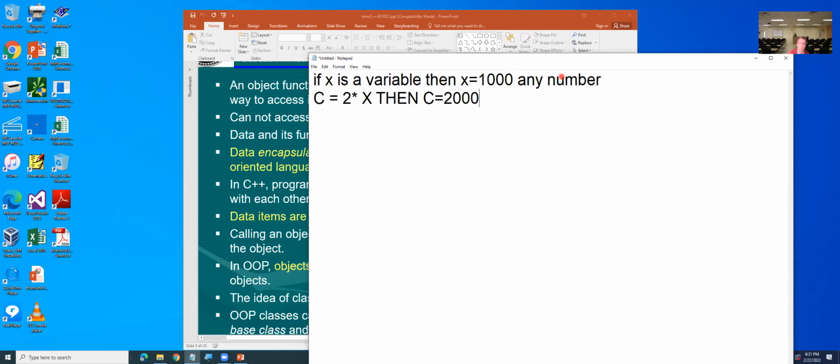Now, in the computer, when you type in X equal 1,000, and later on you use the X value, then the computer knows X equal to 1,000. Times 2, you get 2,000. So in the computer hardware,